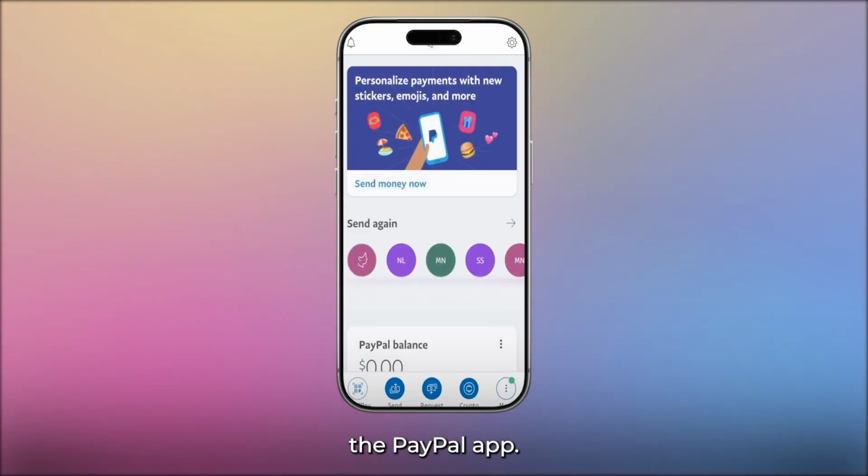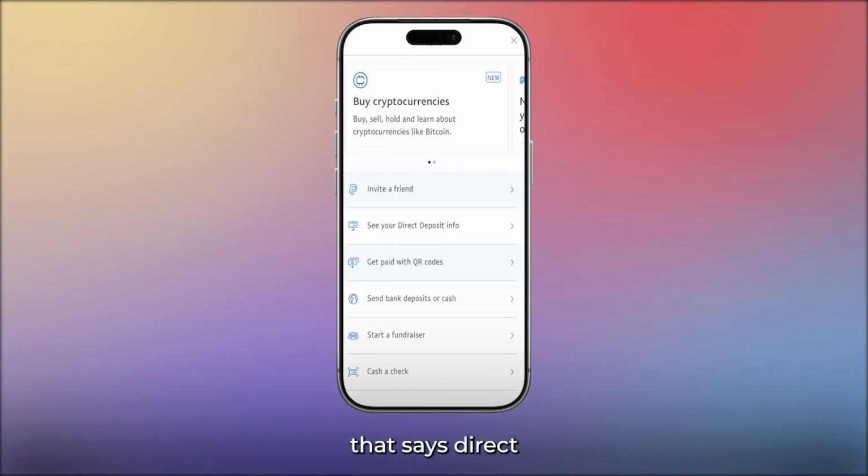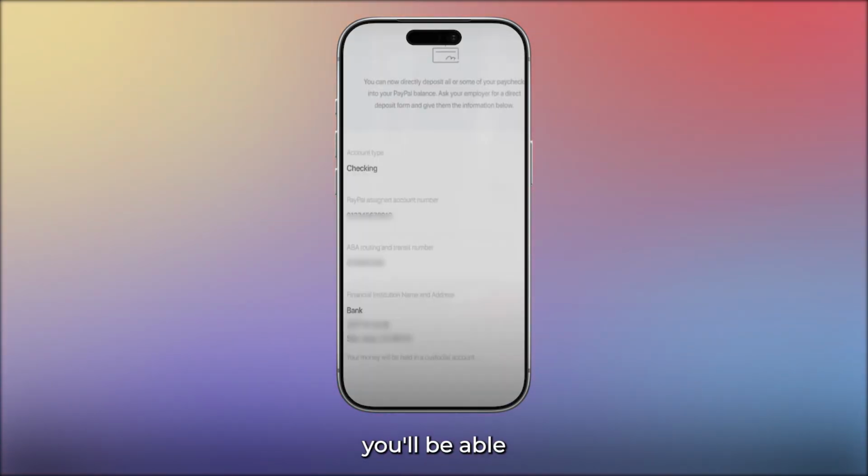Take your phone and open the PayPal app, then make sure you're logged into your account. Once you're on the home screen, tap on your profile or the menu option, which is usually in the corner of the screen. From there, look for an option that says direct deposit or something similar like see your direct deposit info. Tap on that option, and here you'll be able to see your PayPal routing number and your PayPal account number. These are the numbers you can use to receive payments, set up direct deposit, or transfer money into